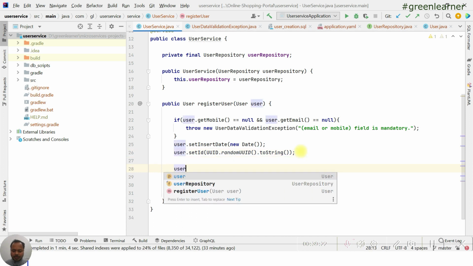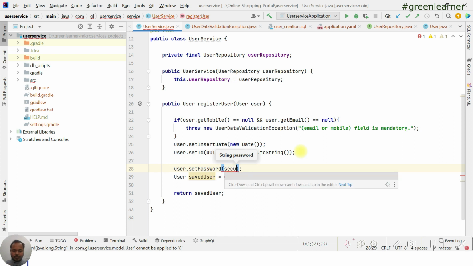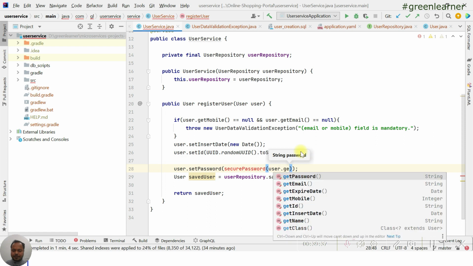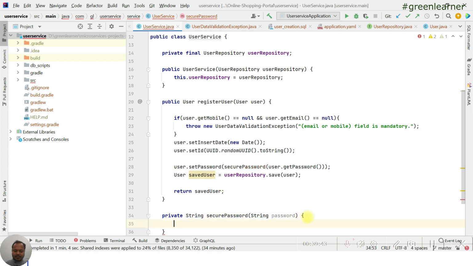User dot set password, I cannot pass that password here directly. So maybe a method like secured password, and here we are going to pass the plain text password, and we are going to create a method to create that secure password. As of now, just for compilation, just give it here.